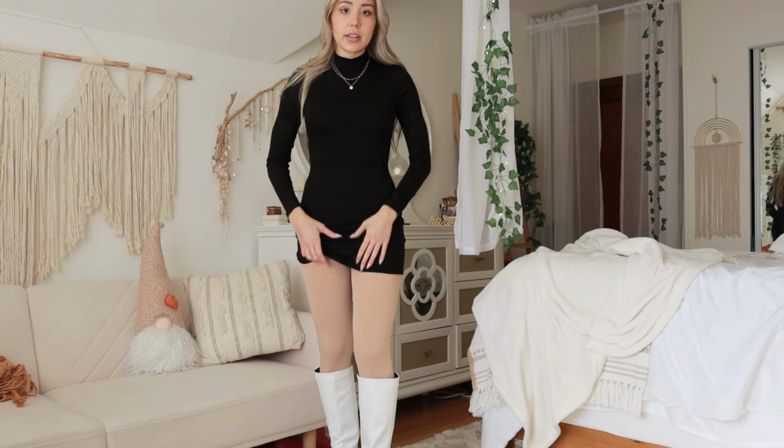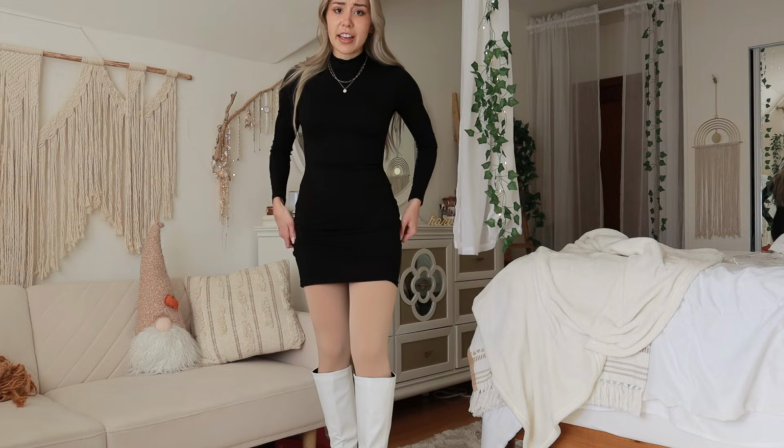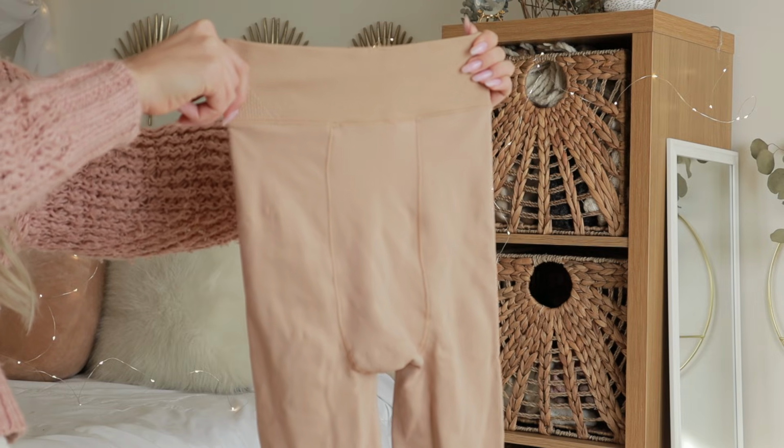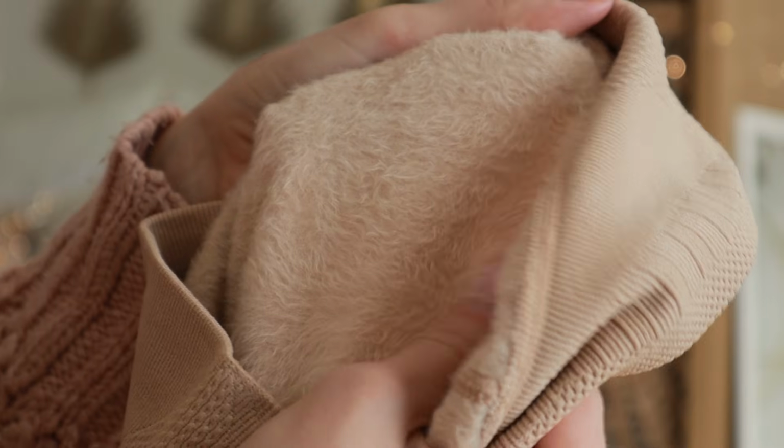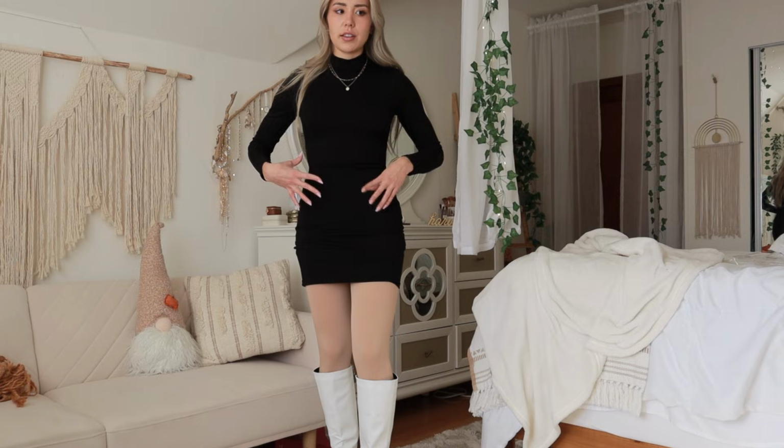The next thing I want to talk about are these fleece lined tights. They are pretty high-waisted. I can't really show you because it kind of looks like I'm naked, so just trust me on that. They are a medium thickness. They're not the thickest fleece lined tights I've ever tried, but they're not that thin either. They're in the middle and they're fairly snug,